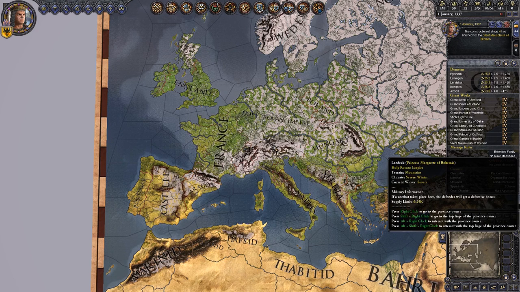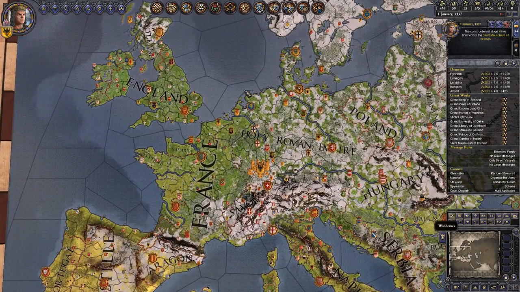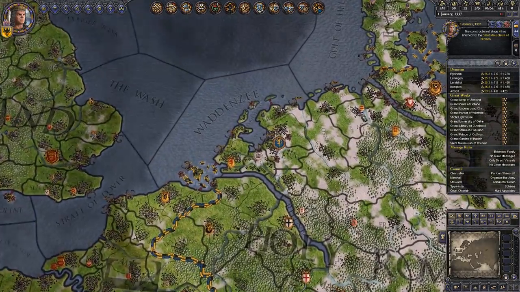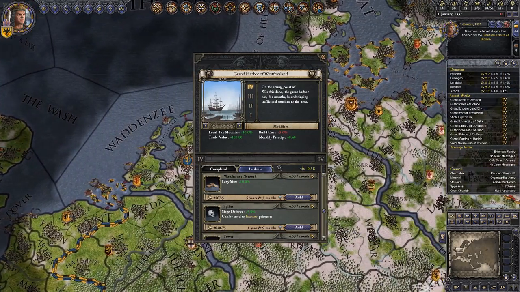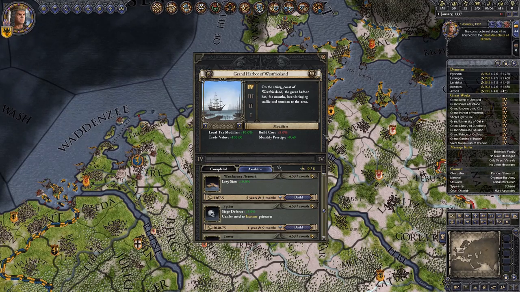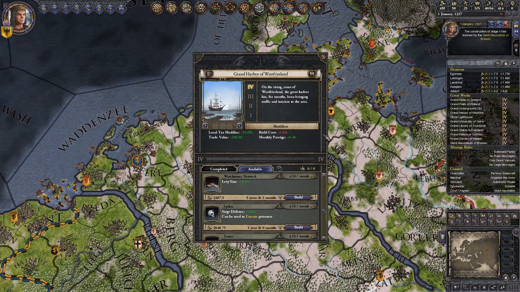Continuing with a couple of great works that can only be built in specific locations, we move on to the coastal great works. And in that category we have the Great Harbor and the Great Lighthouse. The Great Harbor, here built in West Friesland, costs a total of 9,350 gold, spread between 4.9k gold up front and